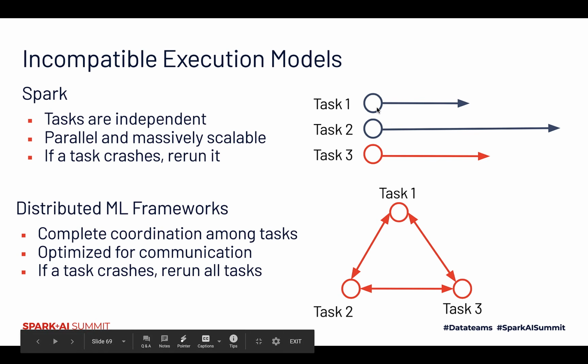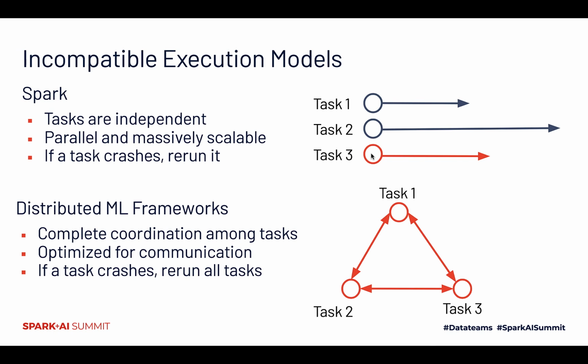Well, in Spark, when a stage runs, each task executes independently. The idea is to get massive parallelism and fault tolerance. If one of the tasks fails, we simply reschedule that task on another executor. And this execution model has worked great for Spark, but it wasn't compatible with how a framework, for example, TensorFlow